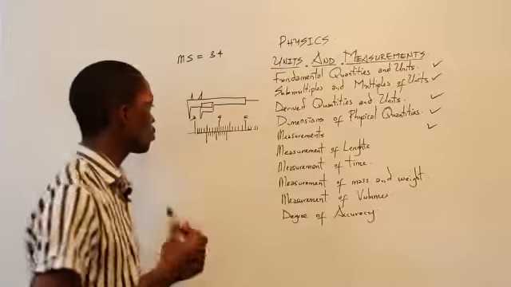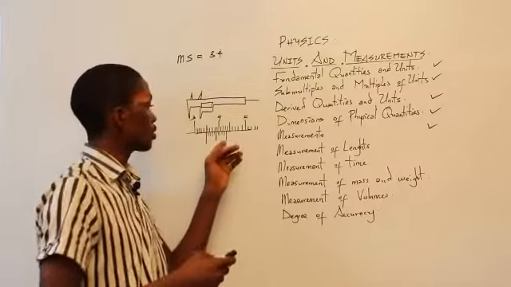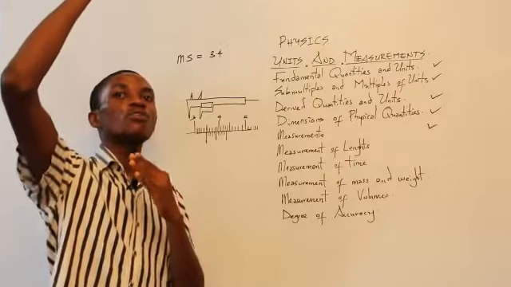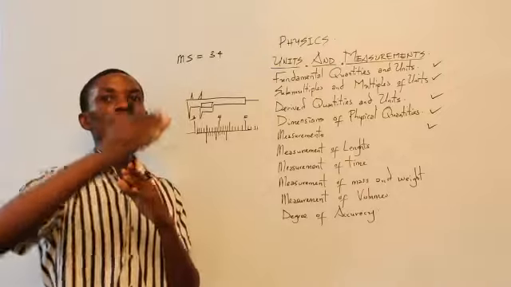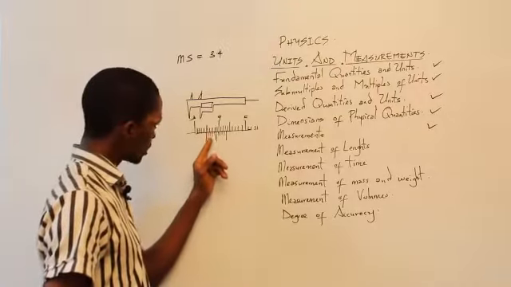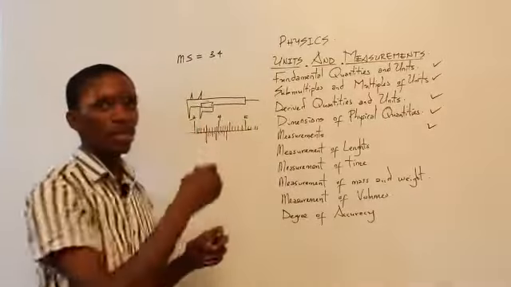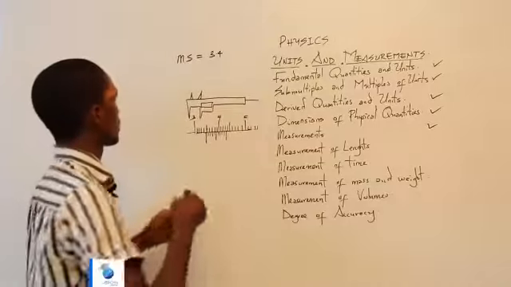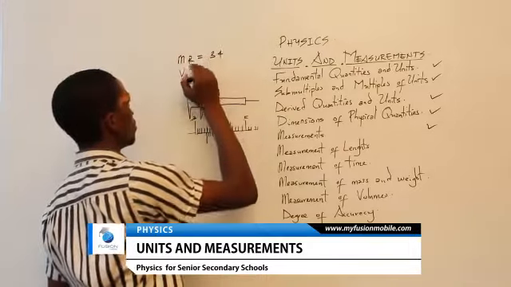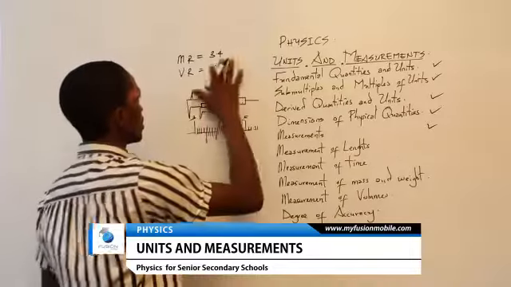But on our vernier scale, how do we measure our vernier scale? You start observing on which of these lower ones does an upper scale, that is a main scale, fall on the same line with it. In this particular case, I have 1, 2, and 3. I have my 3 falling on the same line with a particular main scale. So that's called my vernier reading. Main reading and vernier reading is 3. To get your final reading,